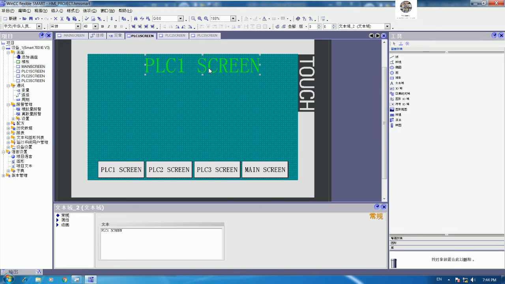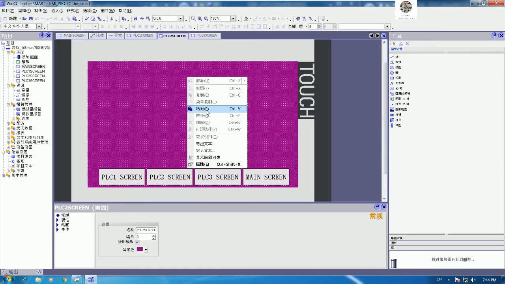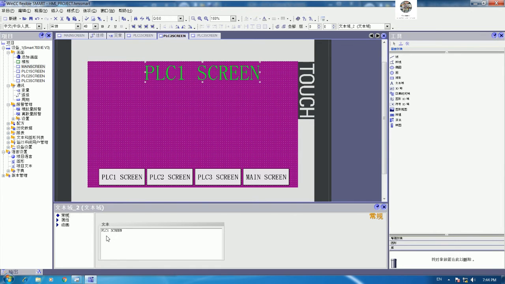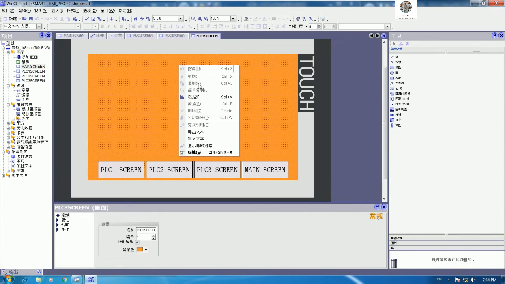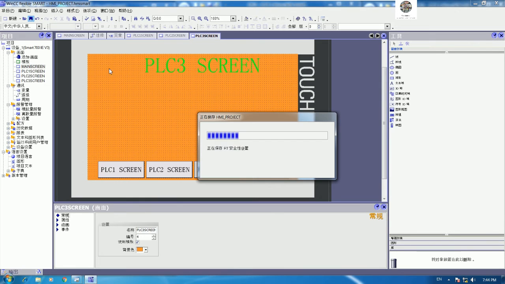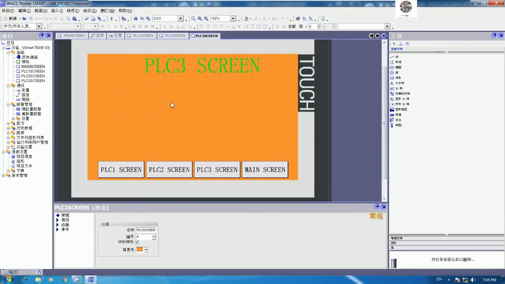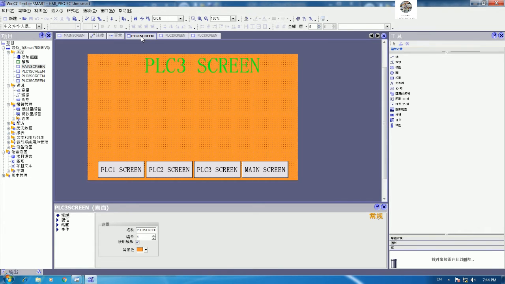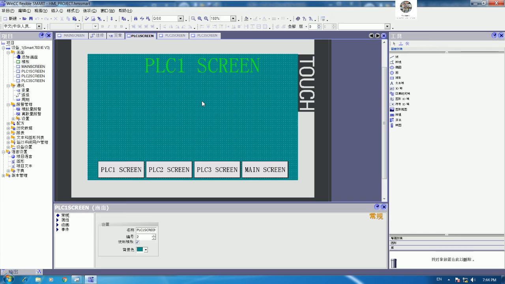Yes, and then we can go to copy and then paste here. So this one should be PLC 2 screen, and then copy and then paste here, should be PLC 3 screen. Yes, and then we can save, and we will create the button for start and stop and status the motor